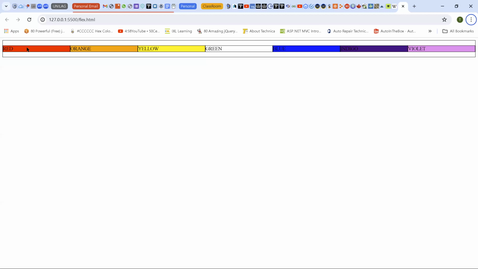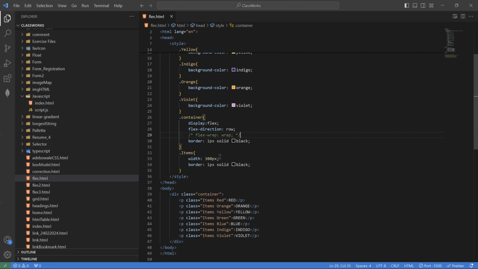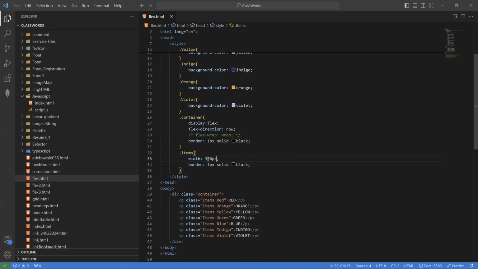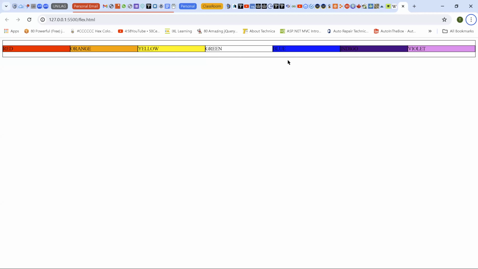And the width of this item is not up to what I specified here. I specified 300 pixels. The container has reduced the width for each of the items in order for the 7 items to be within